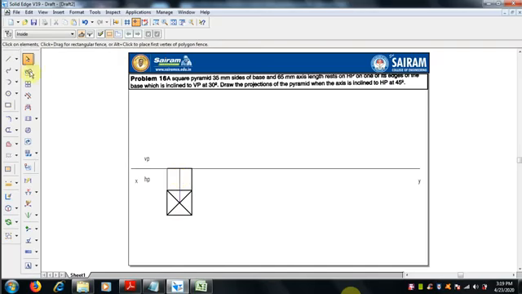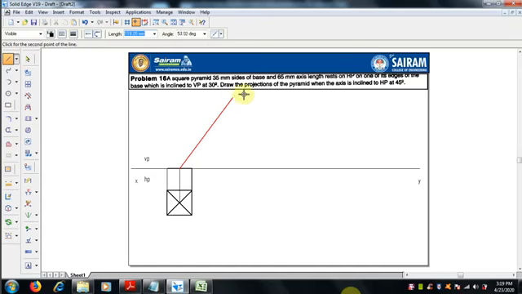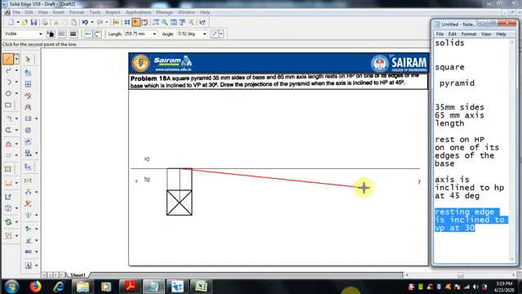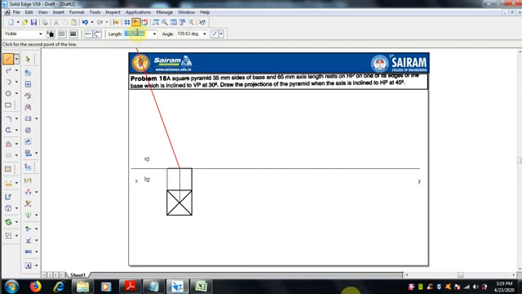From the center point we have to draw the axis by selecting the line command, length 65 and 90 degree, and select the axis line. Then with 0.5 mm thickness the slant edges of the pyramid you can join.